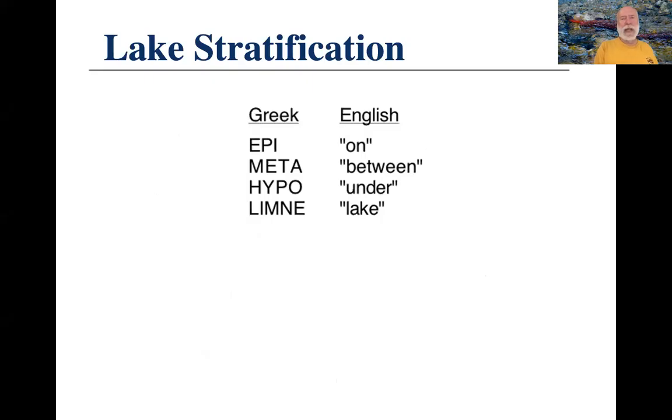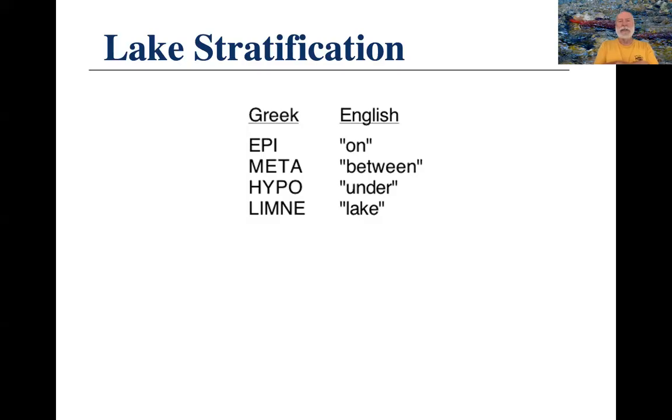Okay, where do those terms come from? Epilimnion, metalimnion, and hypolimnion are all derived from these Greek words: epi, meta, hypo, and limna. So epi means on, meta means between, hypo means under, and limna means lake. Okay, so epi means on. Is there some way to make that easy for you to remember? Okay, well,